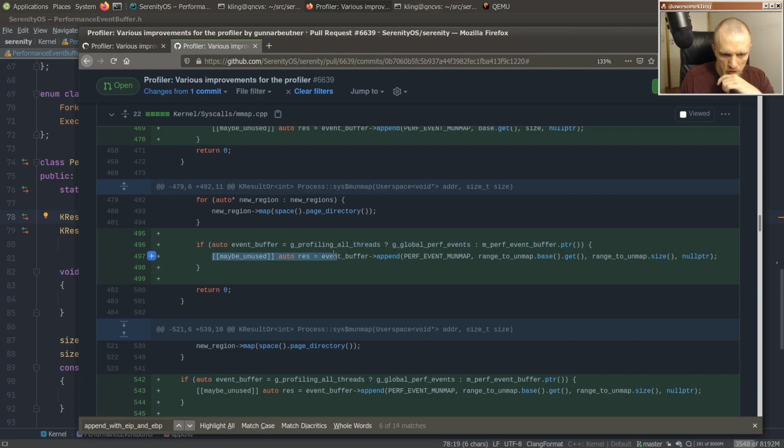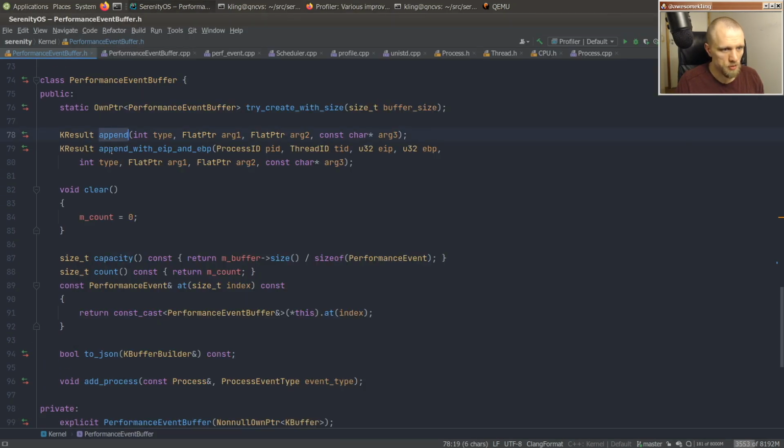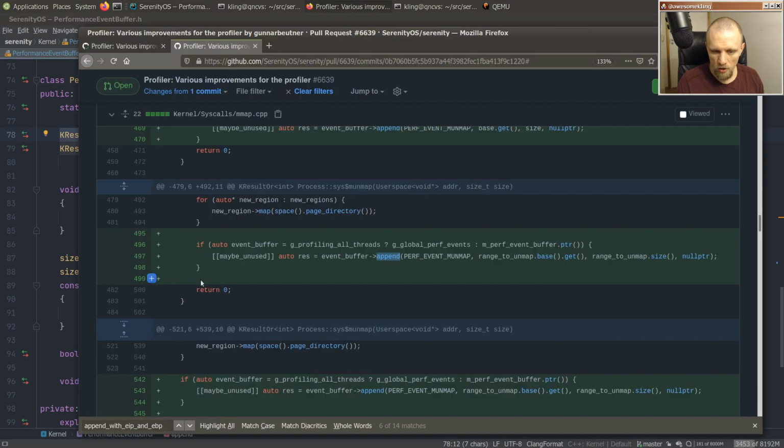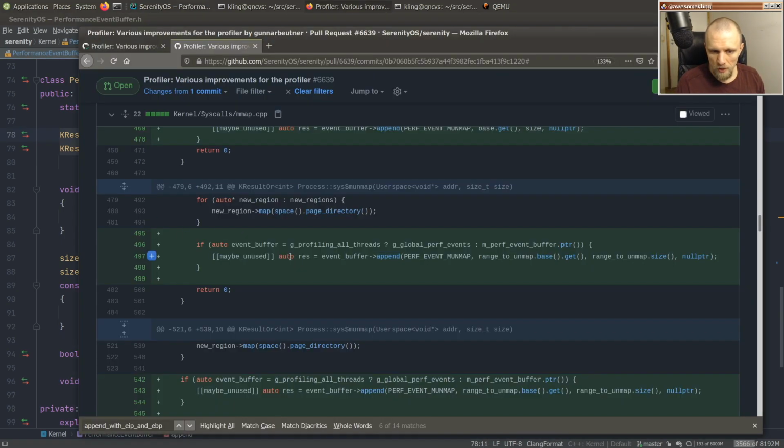Also, this pattern is kind of awkward, that you have to put the result of append into a temporary and then maybe unused it. This is all just cruft to avoid a compiler warning, basically, because this function is no discard. And it's not even explicitly no discard, it's just that it returns a k result, and k result itself is no discard. And it's not perfect, but at the same time, when it comes to surfacing errors that happen not on the